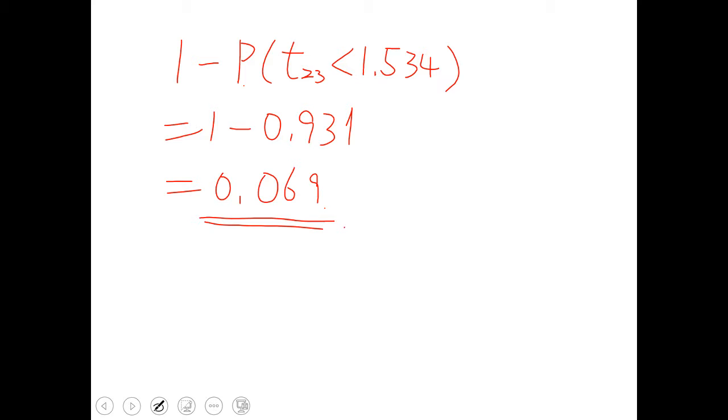Okay, it is 6.9%. So if alpha is 10%, then that is